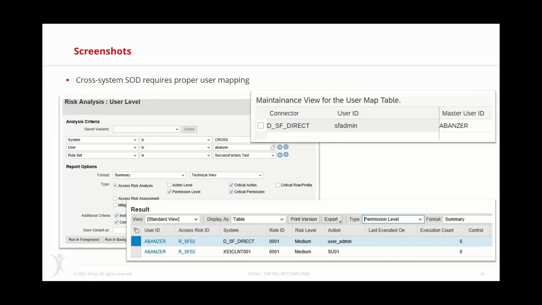When it comes to risk analysis, as I mentioned, we can do single system SODs, just the critical authorizations or critical permissions, critical actions. We can also run critical roles. We can define roles as critical within SuccessFactors and then run the same type of analysis as we do for any other system. As you can see here, I'm running a risk analysis for my user against my rule set